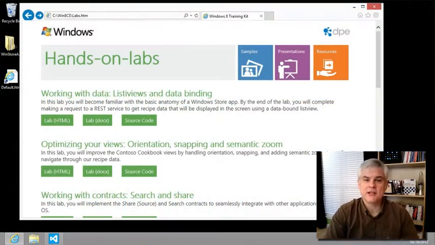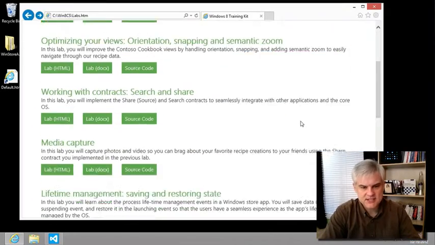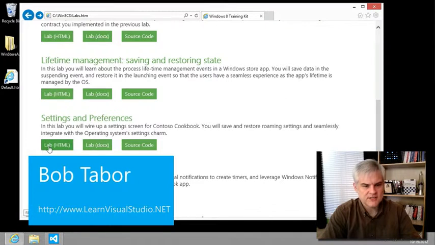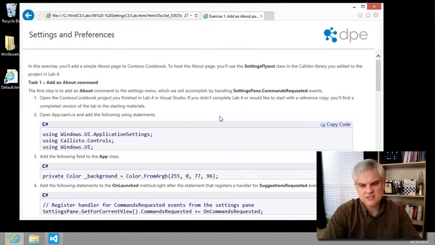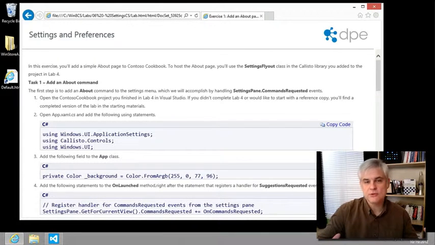In this lesson, we're going to get started with hands-on lab number 6, Settings and Preferences. And in the first exercise, we're going to add an About page, and that seems simple and innocuous enough, right? But this is actually just the first step in adding some preference settings that the user can modify. So this will allow us to integrate with the Windows 8 settings charm in the next 2 lessons. We're also going to see how setting preferences can be maintained across multiple user sessions on different machines, which is